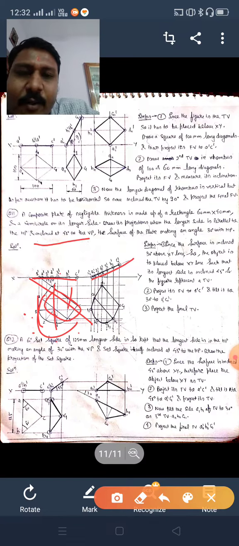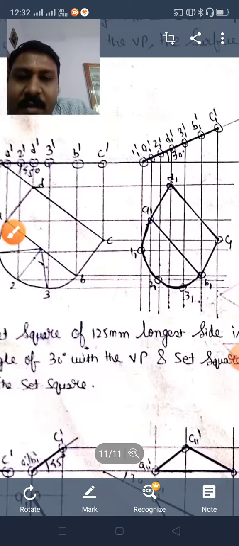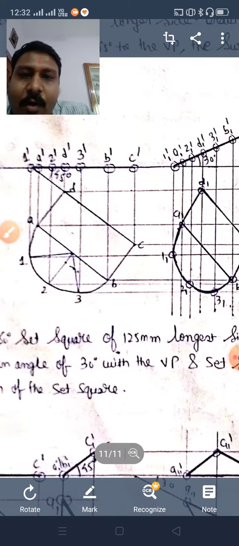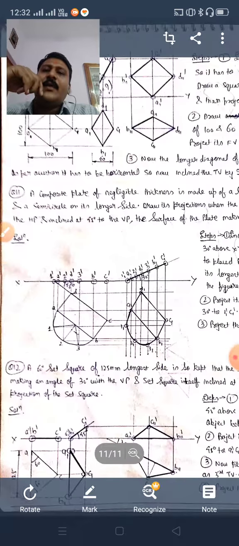Incline this plane 45 degree to HP. Put the arc from here to here. Project it vertically. Project it horizontally. You will get a rectangle and a semicircle like this, as it is drawn over here. See, it is clearly mentioned how you have to draw. Very simple. So this type of question, you can complete in 2 steps only, rather than drawing the 3 steps. You have to follow this method if the position is not given.